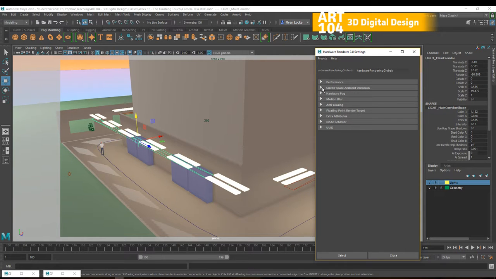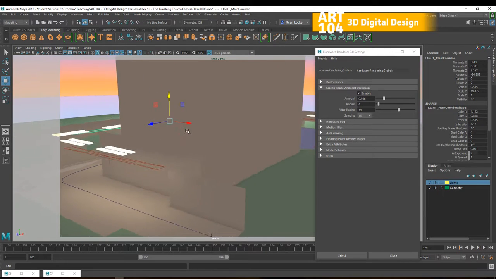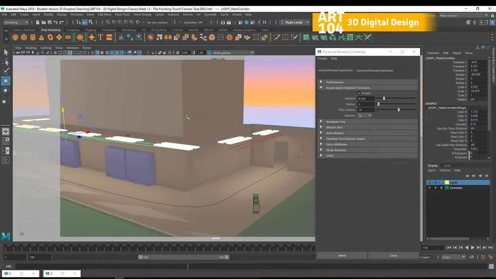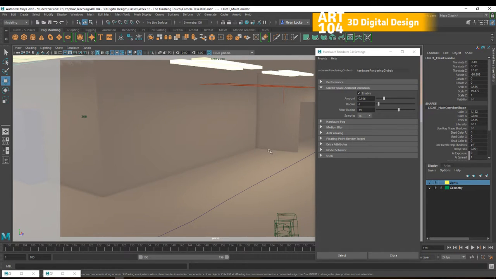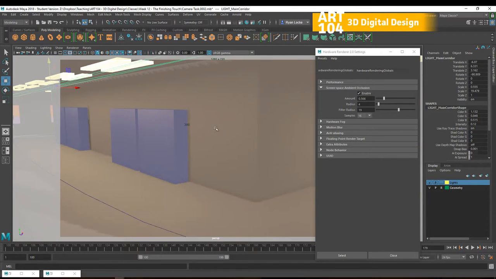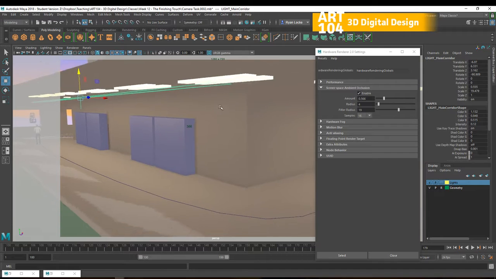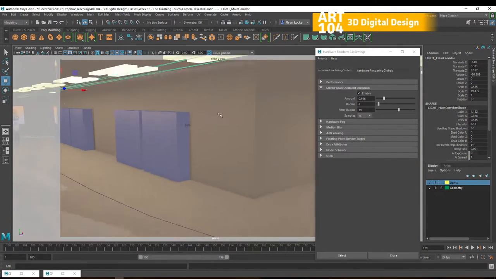Next thing is screen space ambient occlusion, which is a really popular feature and it's used in lots of game engines as well. But ambient occlusion is all about these corners. So if we look at where the wall meets the floor, or where the wall meets the wall, or even more particularly where these lockers meet the wall, we can see there is an active real-time shadow being generated,